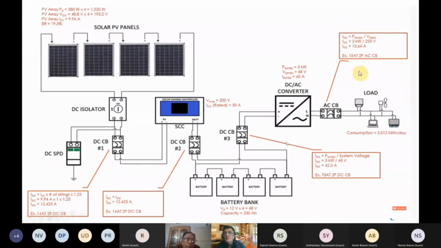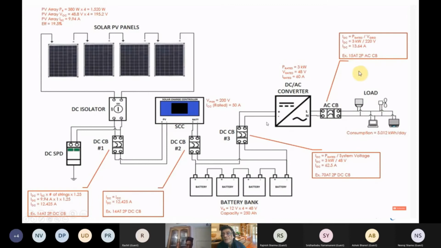But if you come to your battery bank output, here your output is 3 kilowatt, and the input is 48 volt. So your IOC here is 62.5 ampere. The rating for this circuit breaker is 70 amp minimum. So we have taken a 70 amp